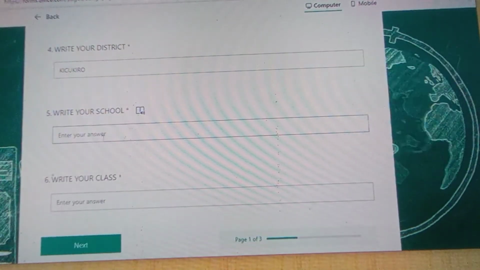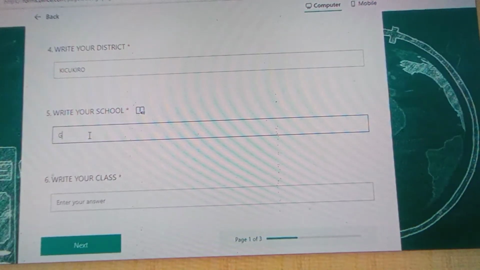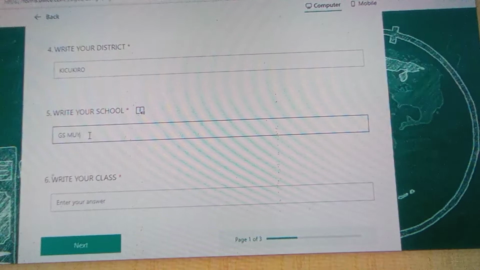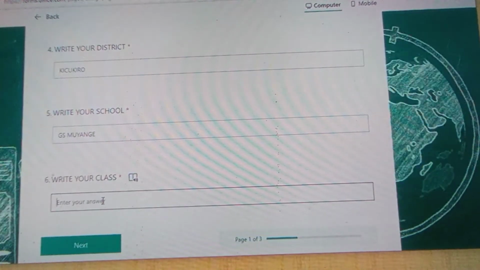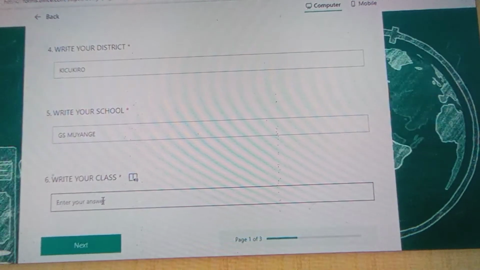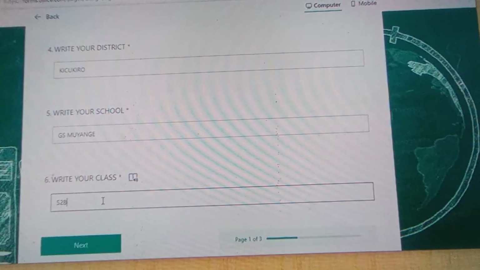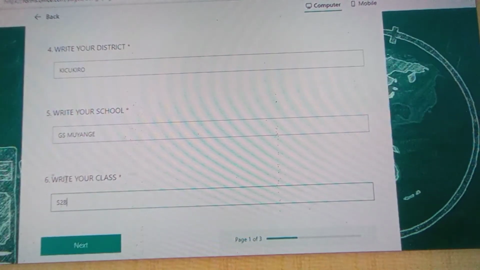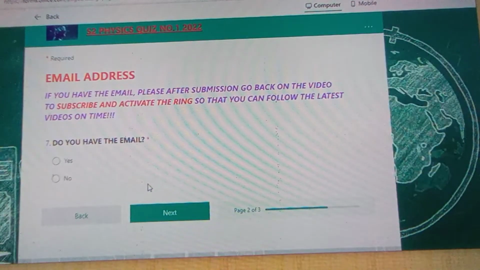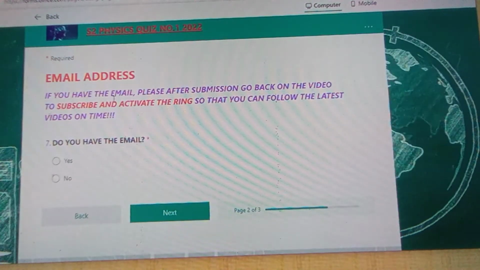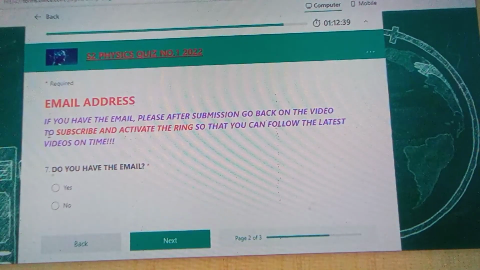Now write your school. As an example, my school is GS Moyange. Okay. Write your class. My class is Senior 2B. After filling here, you click on next to do the following. So for this session, you see that